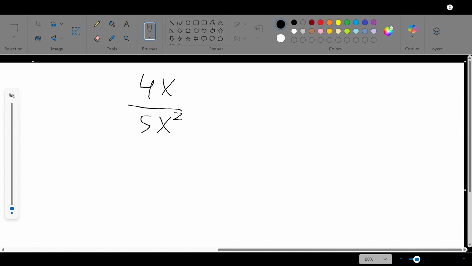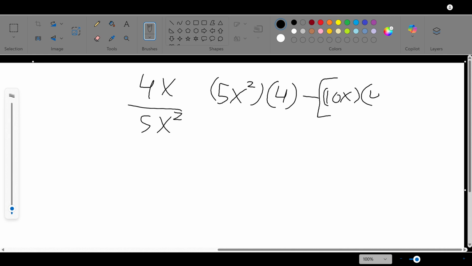First we plug in the bottom function, 5x squared, times the derivative of the top function, which is just 4, minus brackets the derivative of the bottom function, 10x, parentheses times the top 4x bracket, divided by 5x